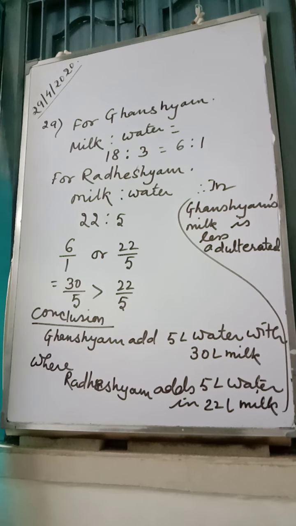7 seconds and 1 day are commensurable quantities. Yes, we can change it. 1 day can be converted into seconds. So it is true. First is false. Second true. Third true. Fourth, 35 is to 70, 1 is to 2. 70 is to 150, again 1 is to 2. Yes, equal ratio. Yes, true.